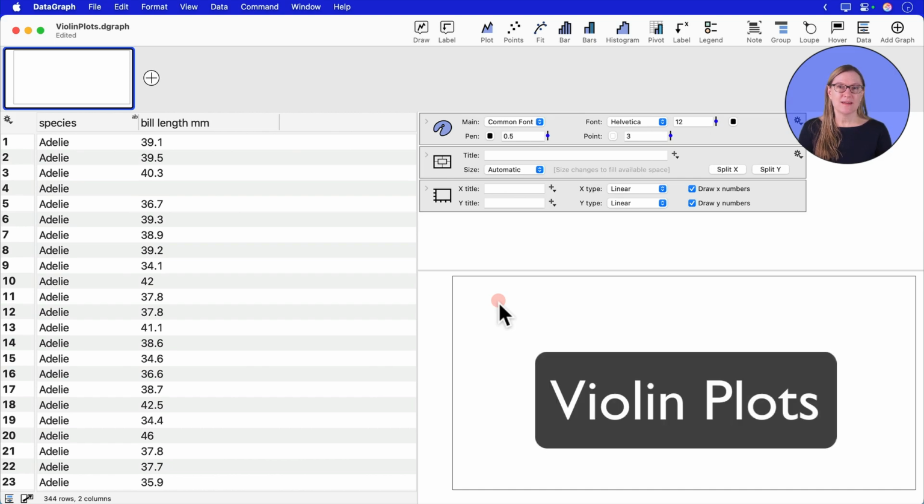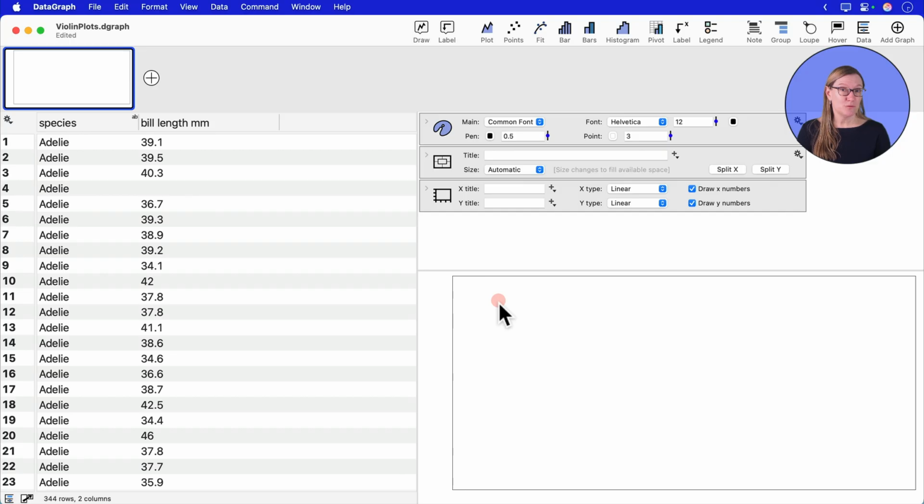The violin plot is a way of representing a distribution of numbers. It is an alternative to a box and whisker diagram, but it is not for every type of data. I'm going to illustrate this here using an excerpt from the dataset called the Palmer Penguin dataset, often used for